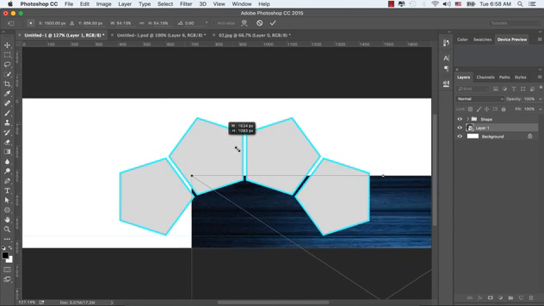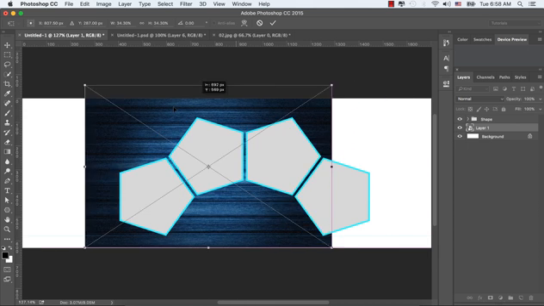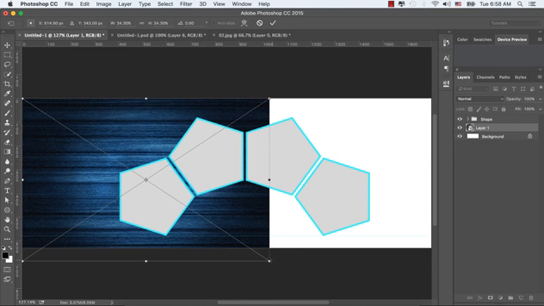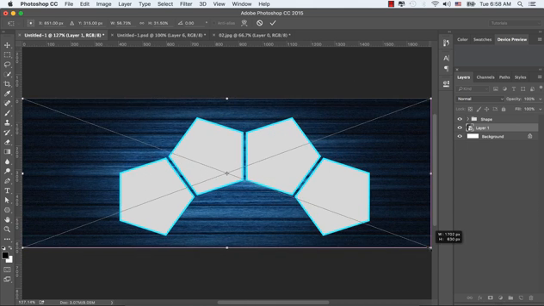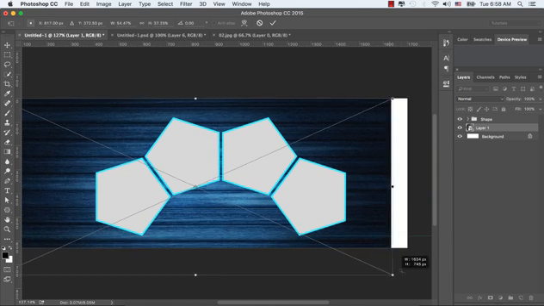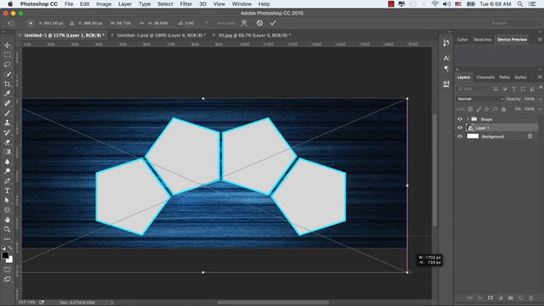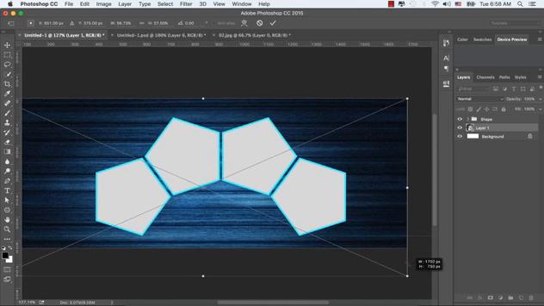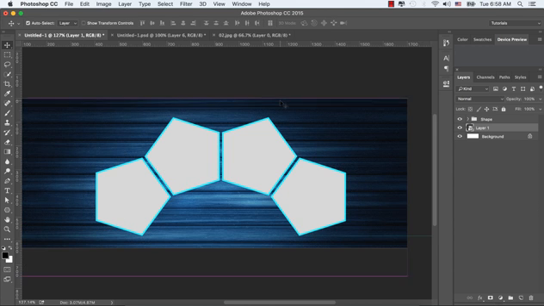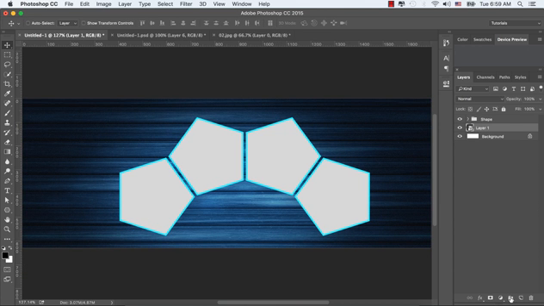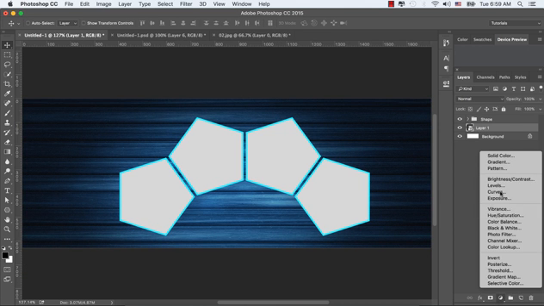Press Ctrl or Command T in order to transform it, to resize it again, and click OK in order to accept the resize.